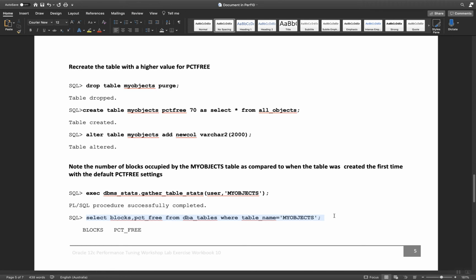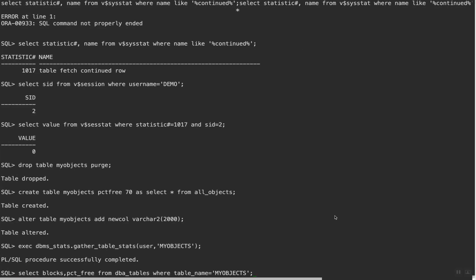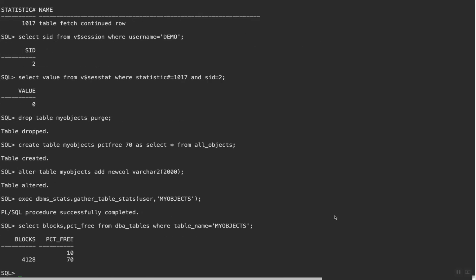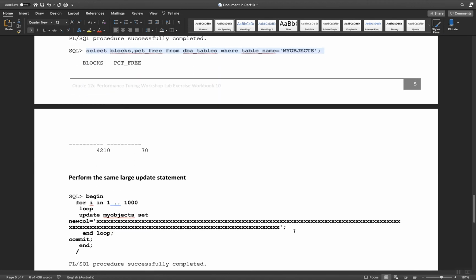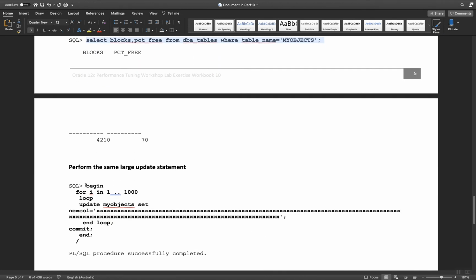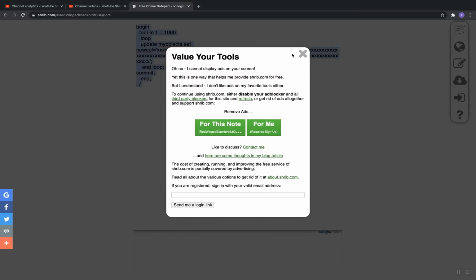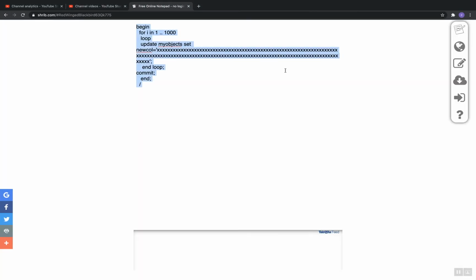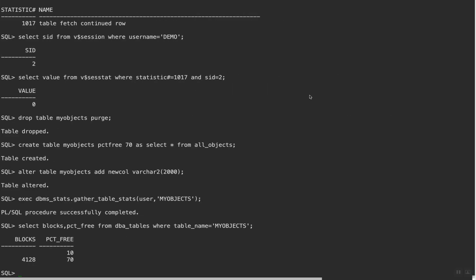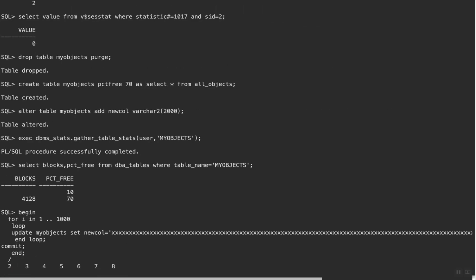We are going to see the blocks and the percentage free here, which is like 70% free, 4128, and we are going to perform a big, large update here again, and we'll see what it says. Okay, it's going to take time,